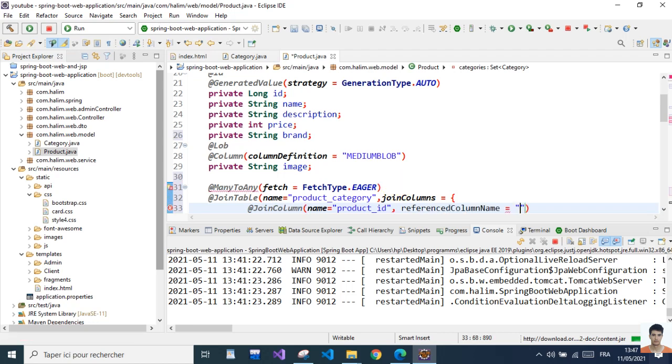It's gonna reference the ID, so this ID will reference the ID of the product. This product's ID is gonna be in this table, the product category table, and this will be a reference to this ID,